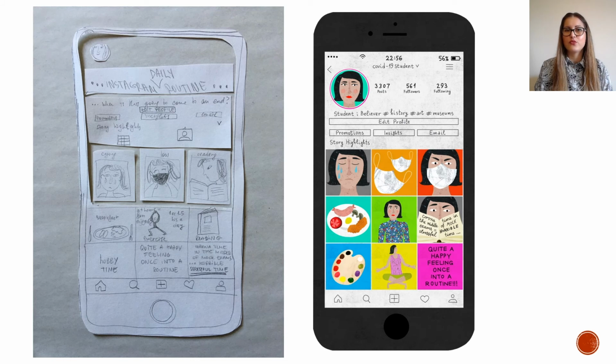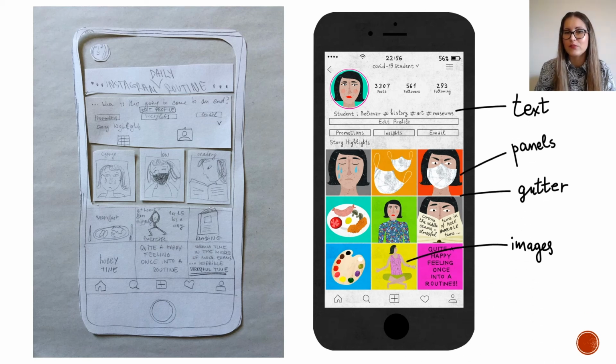The next step was to create the final digital version using Adobe Photoshop, and this is how one of the comic strips for the Chester's Festival of Hope looks like when finished. As you can see, the final version differs from the rough sketch slightly, but the idea is generally there. And again, as I mentioned previously,